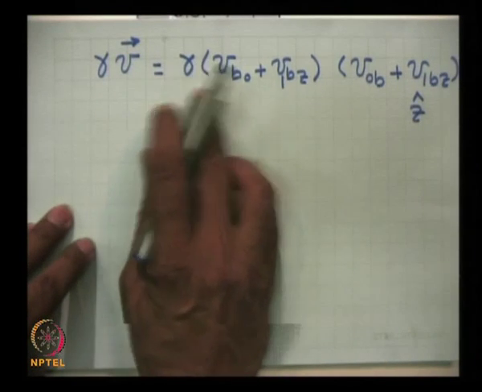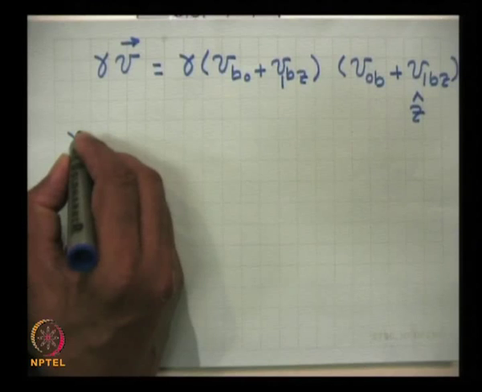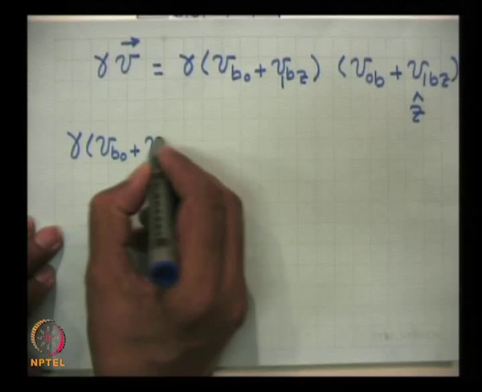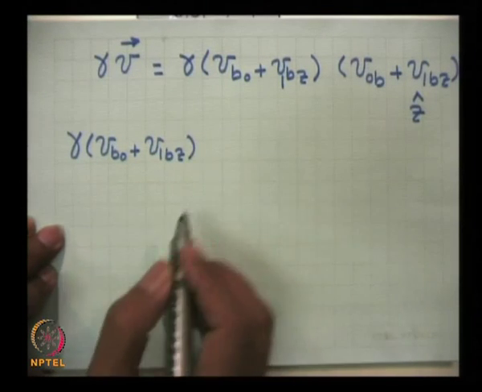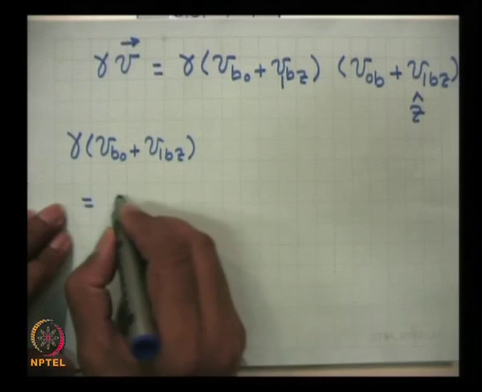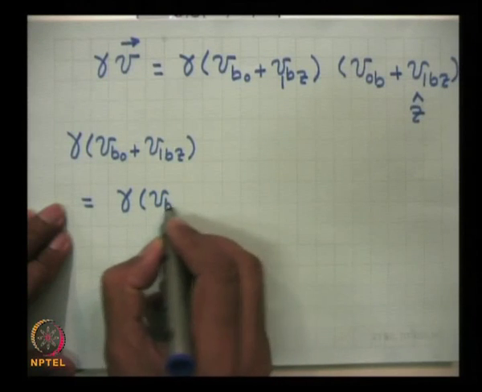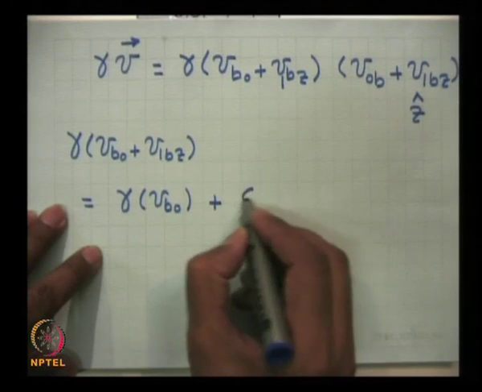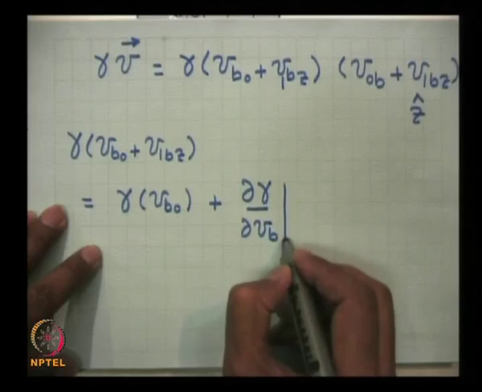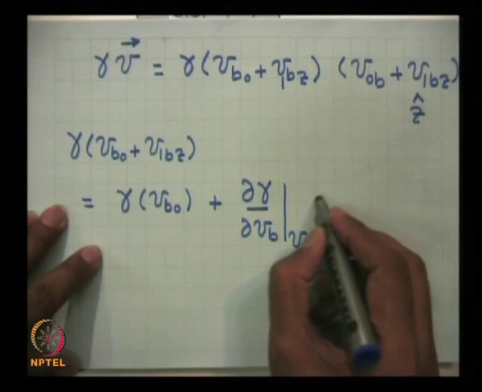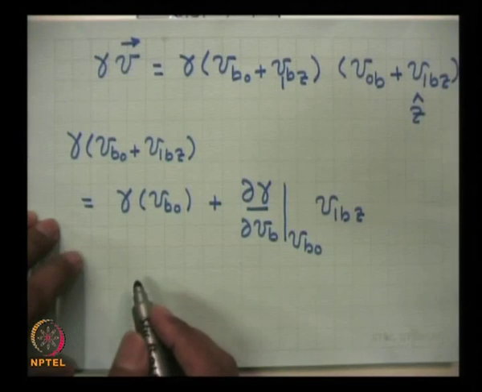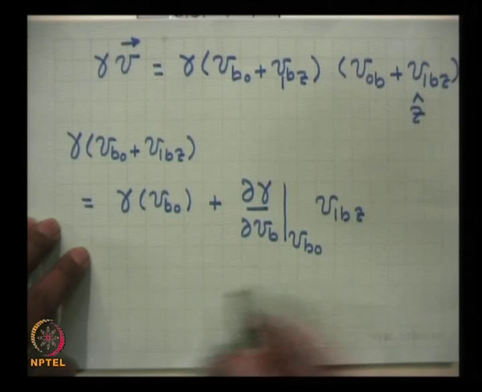What I can do, gamma I can expand like this. So gamma at vb0 plus v1bz, because gamma actually is a function of velocity, anyway you can write this by Taylor expansion: gamma at vb0 plus delta gamma upon delta vb at vb0 into v1bz. Simple. And the expression for gamma that I had given to you, if you differentiate,